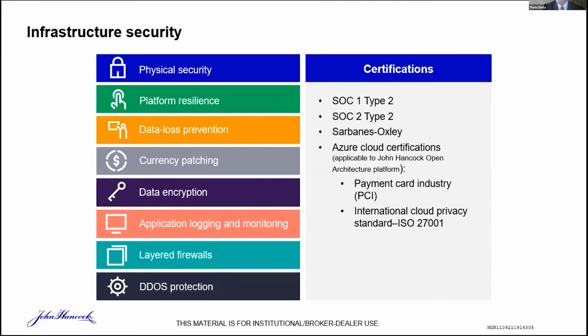And what the SOC 1 report is, it's really looking at addressing internal controls over any of our financial reporting. While the SOC 2 report is really addressing the service organization's controls. So making sure that all the controls within the operations and the movement of data is all secure. And then when we get into the ISO certification, that's really ensuring the privacy standard is met from a data protection perspective.